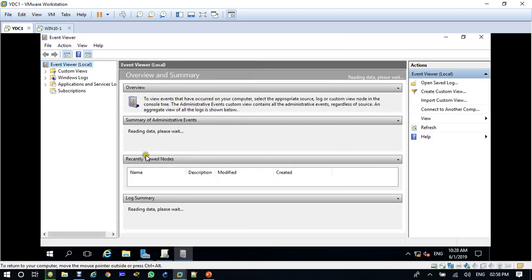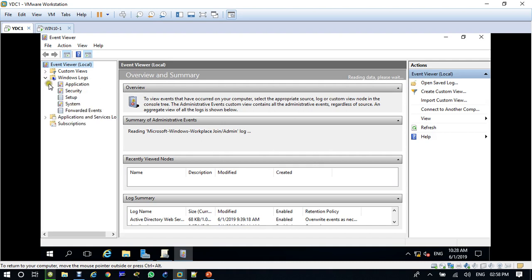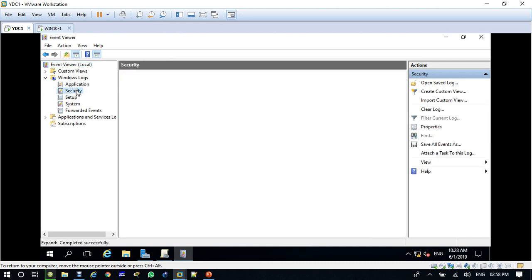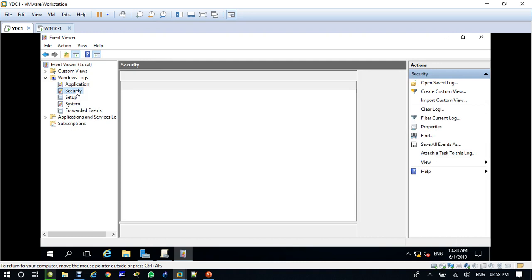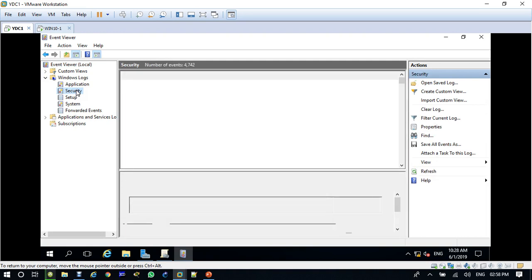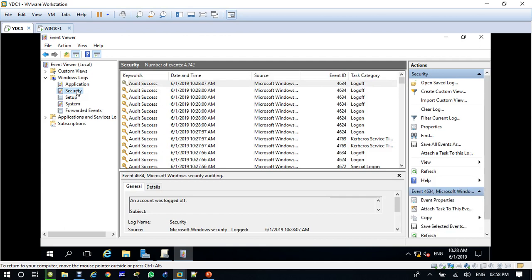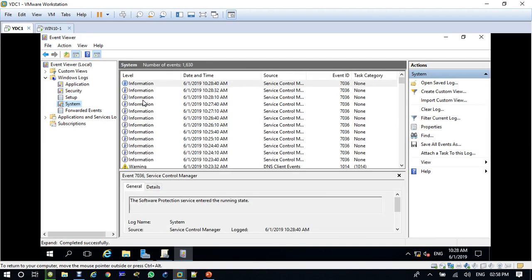In this Event Viewer, if you come here to Windows Logs, Security logs, okay, here we are just getting a few pieces of information, System logs.